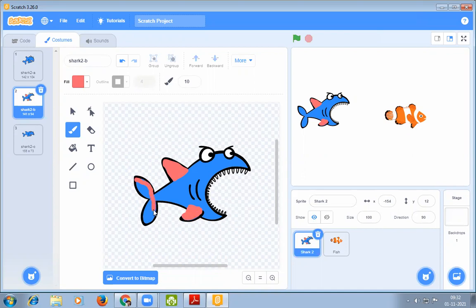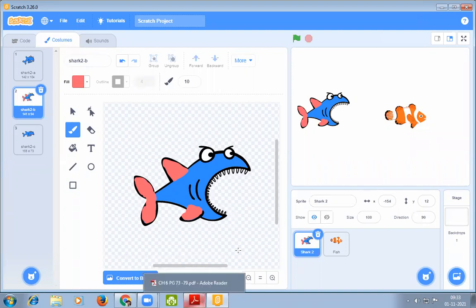So in this way, we can change the predefined costumes of the shark also, according to our requirement. So there are two costumes which are already present in the Scratch software. Now I am adding some more effects to the shark sprite. Got it, students? So this way we can change the costume and costume appearance of a predefined sprite.